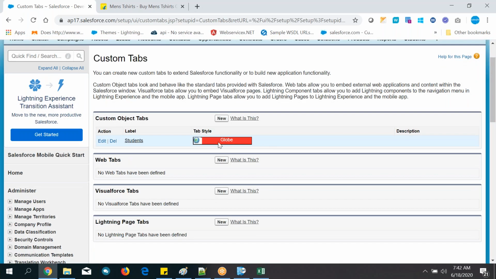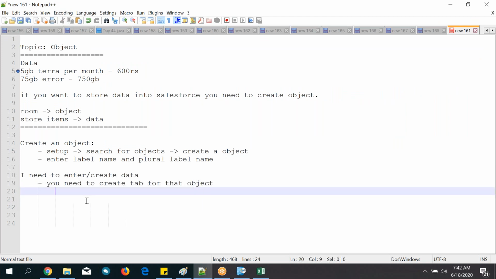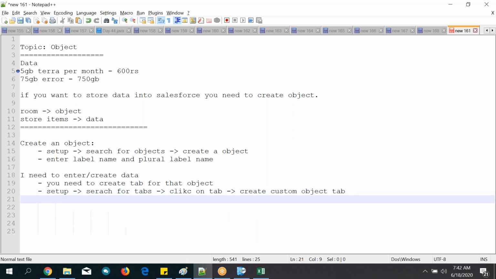Done. So now this is the tab you have created. What is the navigation for the tab, guys? Setup, search for tabs and click on Tabs. Next, create a custom object tab. Don't go with other object tabs. After that, just select the object name and color.